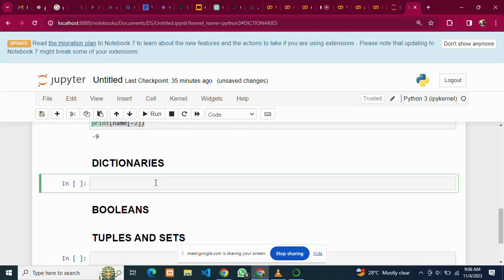Now dictionaries are not too far from list. The only difference is that dictionaries have a key and a value. A key and a value. With list, it only has a position or index. Okay, so for example, I could say that